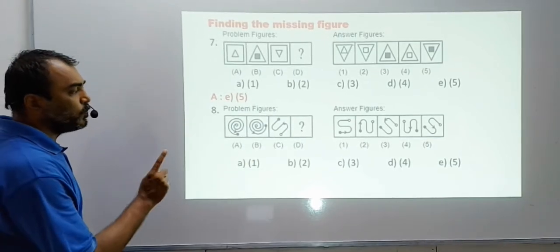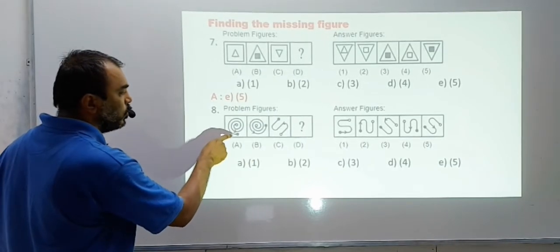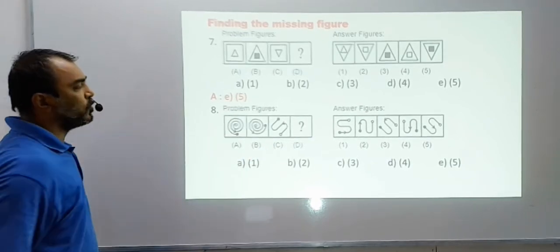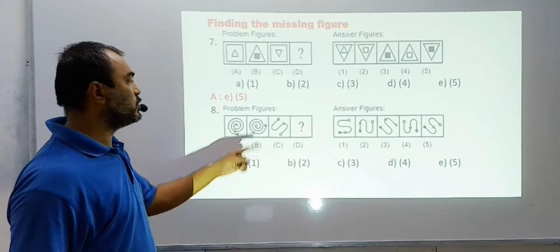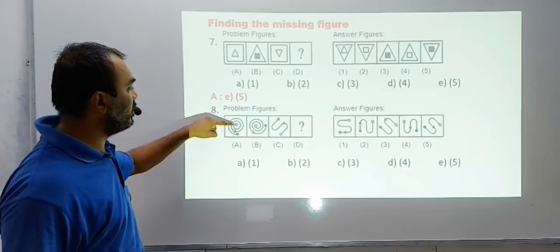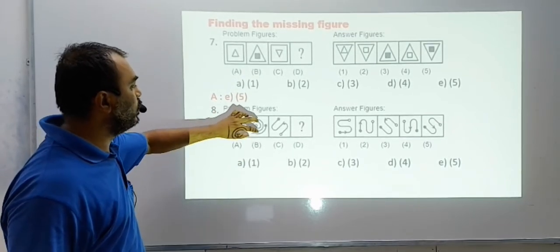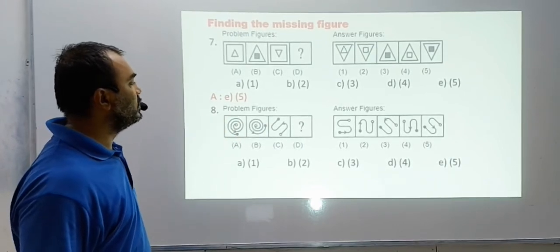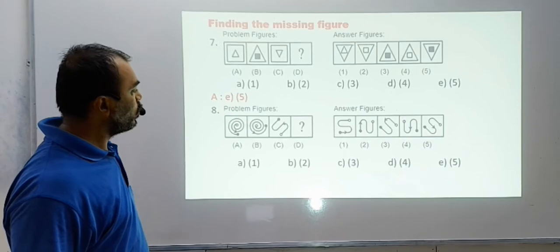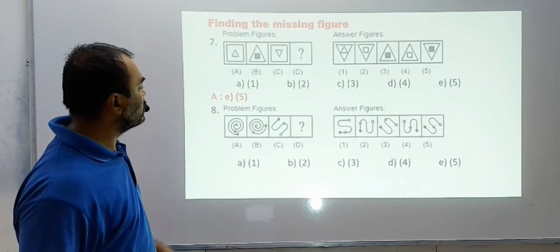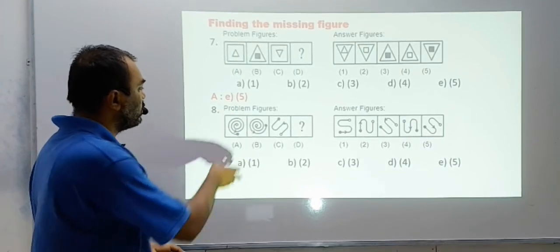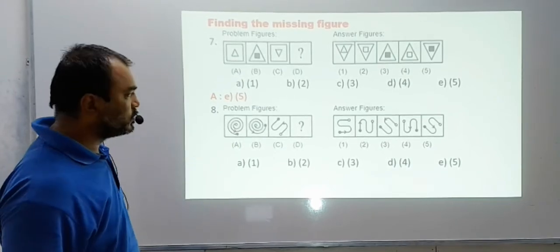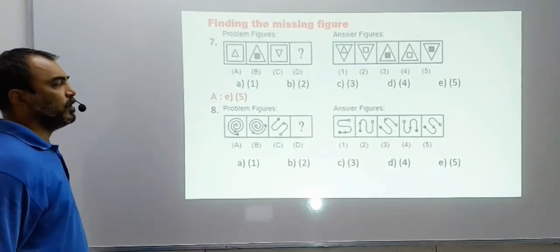But the second very important thing is to look at the arrow. Look at the gap between the arrow and the black dot, and here the gap between the arrow and the black dot. So in this kind of question you can make mistakes, because you will see this figure and this figure and think it has only moved 90 degrees. But the arrow position has also changed a little. Or what you can say, the arrow position has not changed. The arrow has remained where it is and only the figure has changed. So there are two assumptions here you need to see, and see the options and give your answer.